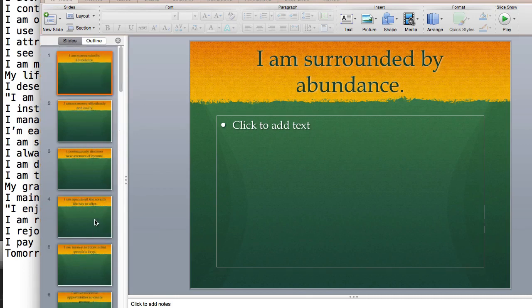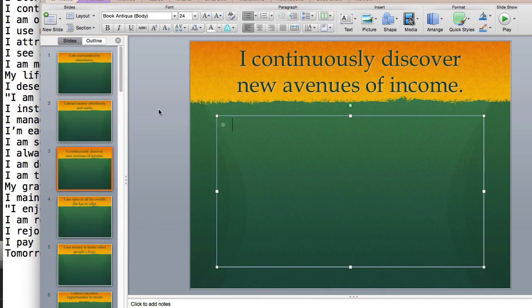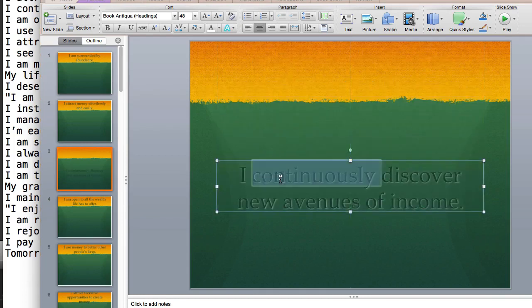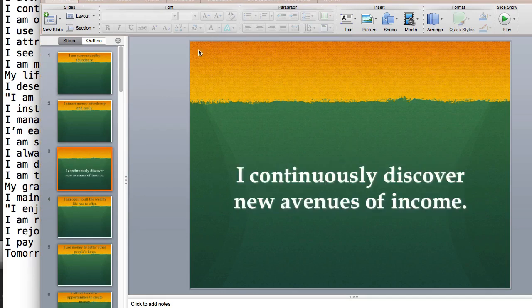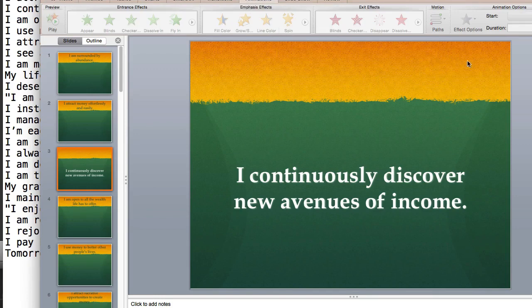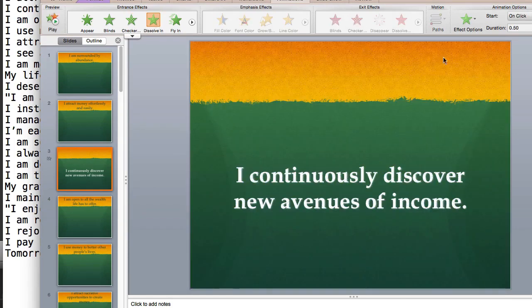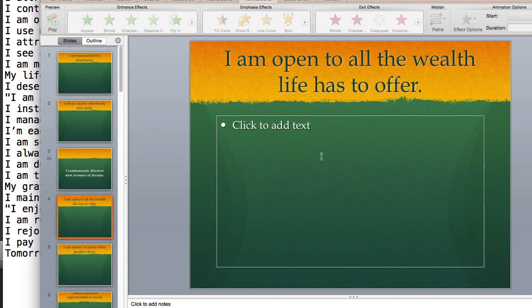Now, they're in the title section, so I might want to either add my own text here, or I might want to mess around with the layouts and the templates here. Like for example, maybe I'll bring this text box centered and make all the text white and bold, right? And then I could just add little animations on each slide. We can pick this here. We'll just do like a dissolve type of thing. And then we would do that for every single one of the affirmations. And then we can simply record that, right? So let me do a few here to just show you what I would do.